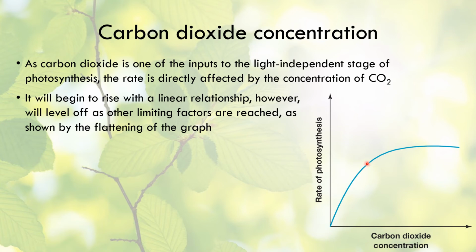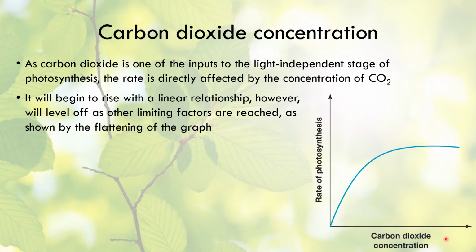But of course, as it starts to get to the top here, we start to have a limiting factor. We have the petering off of the graph, so the leveling off of the graph, and we